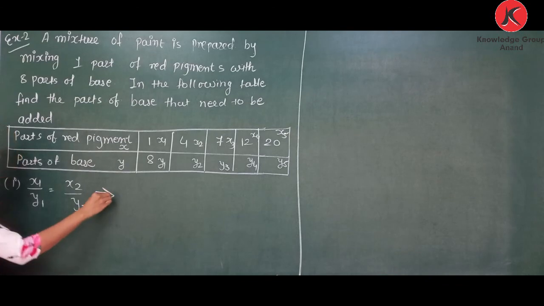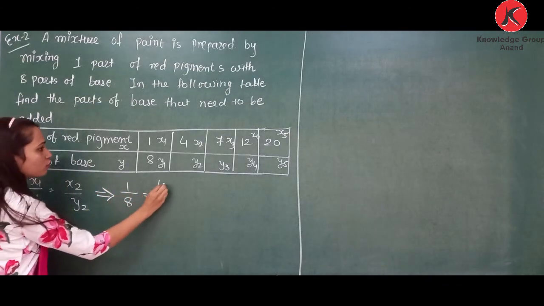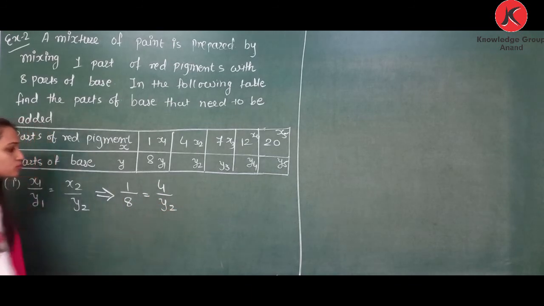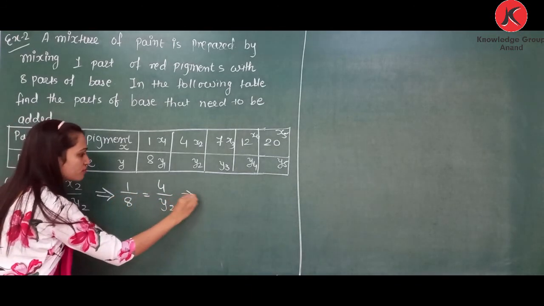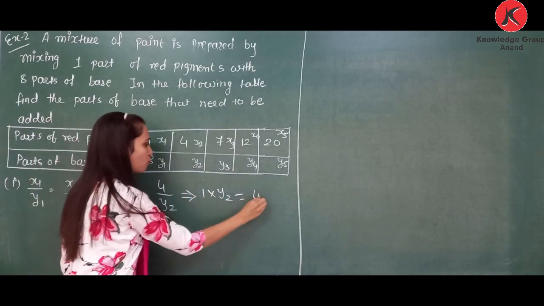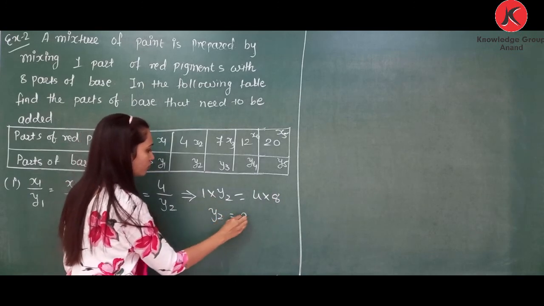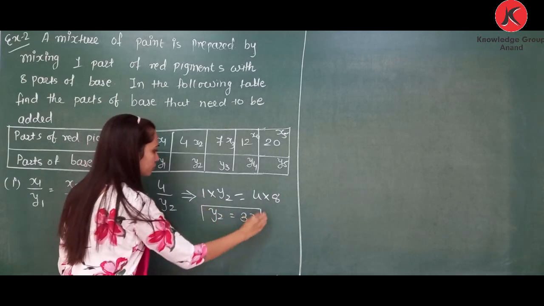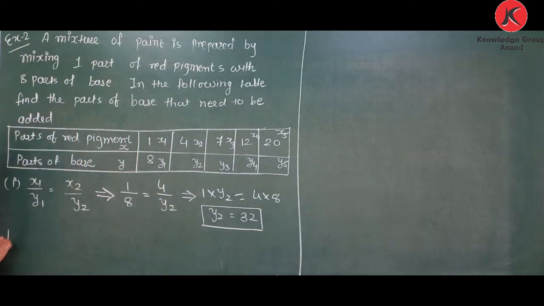When x1 is 1, y1 is 8, we need to find y2. Cross multiply 2 with 1. So we get 1 multiplied by 2 is equal to 4 multiplied by 8. So y2 is equal to 32. So this is our value of y2. For second,